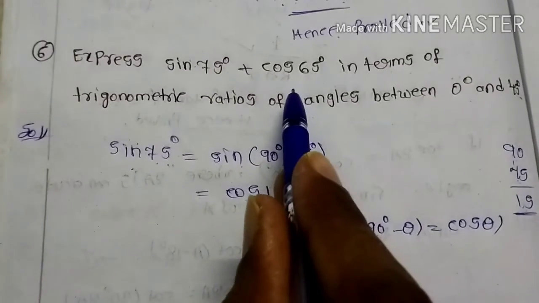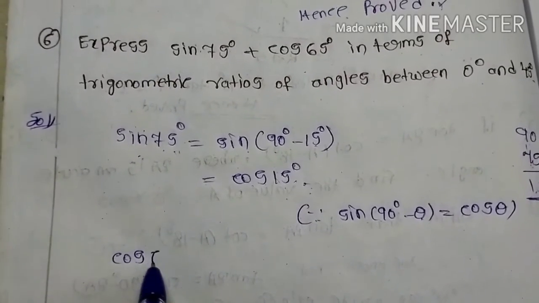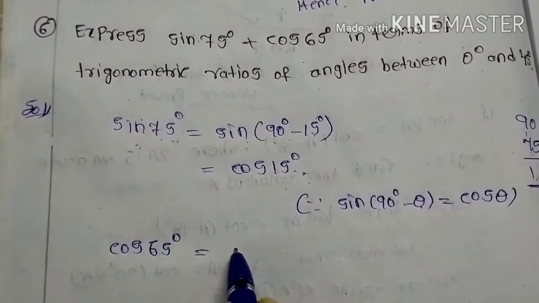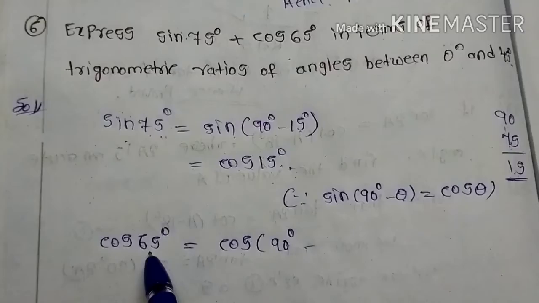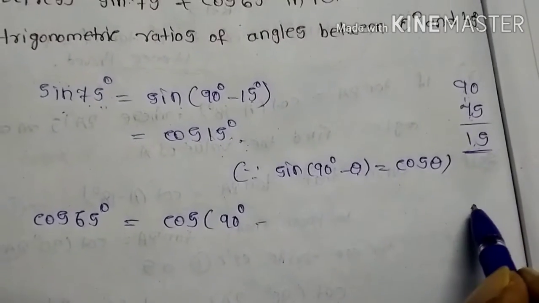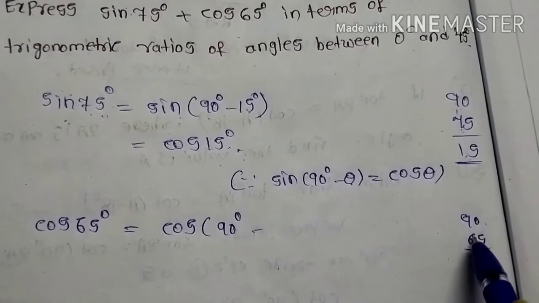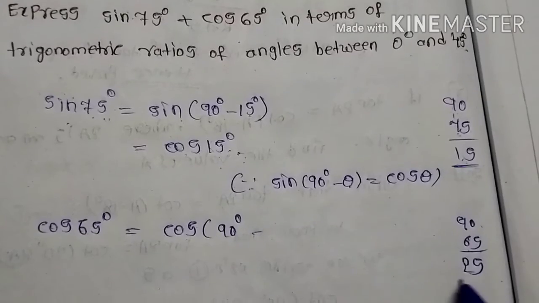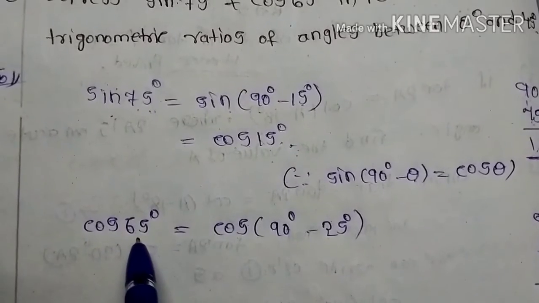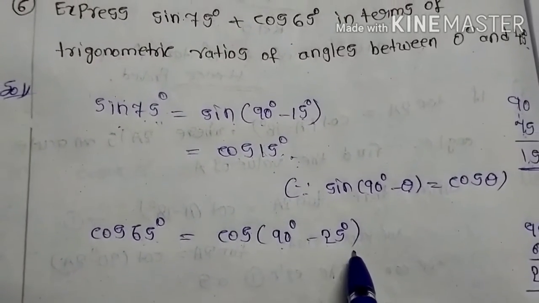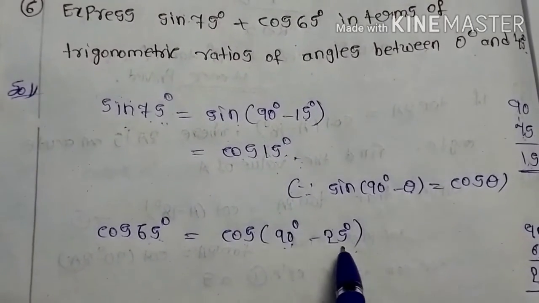Yes. In a similar way, you can find here cos 65 degrees. Cos 65 degrees, that means you can write here cos of 90 degrees minus, by which number should we subtract here? Rough work only: this is 90 minus 65. See here, 10 minus 5 is 5 only. Here 8 minus 6, how much? 2, 5, that means 25 degrees. You know that 65 can be represented as 90 minus 25. Yes or no? 90 minus 25 is equal to 65 or not? Yes. So I represented it as 90 minus 25 degrees.